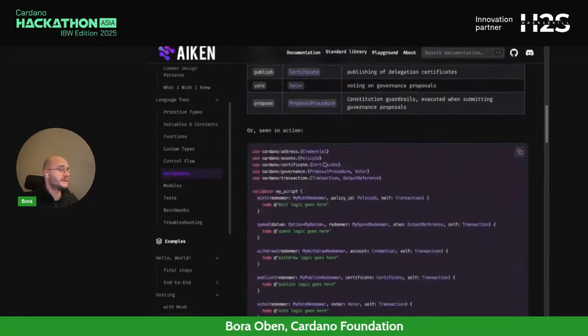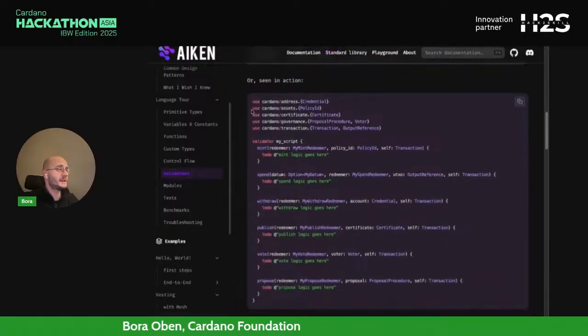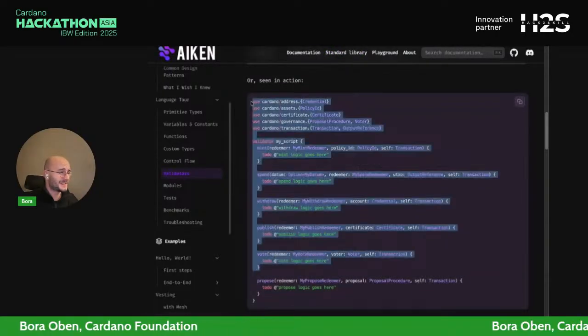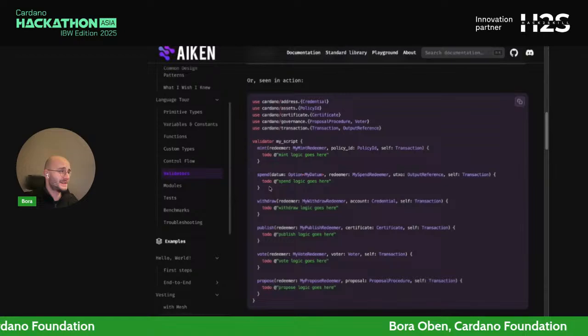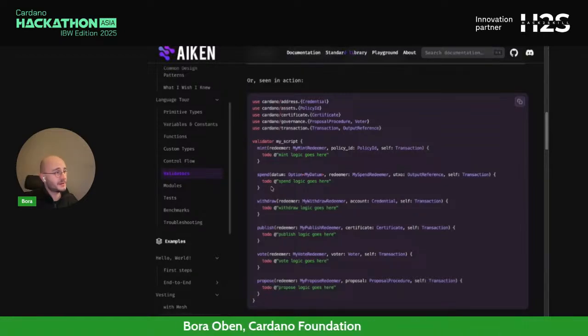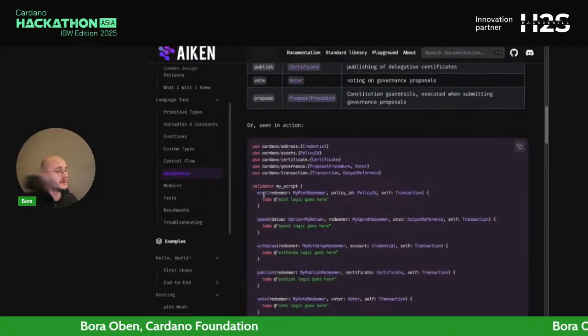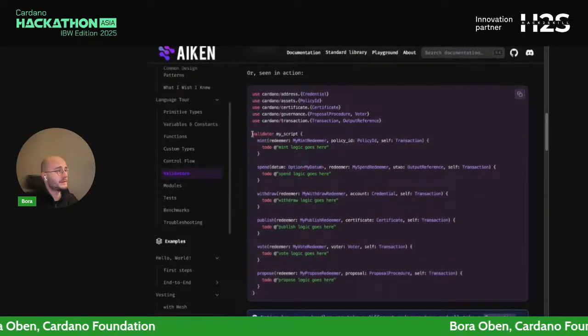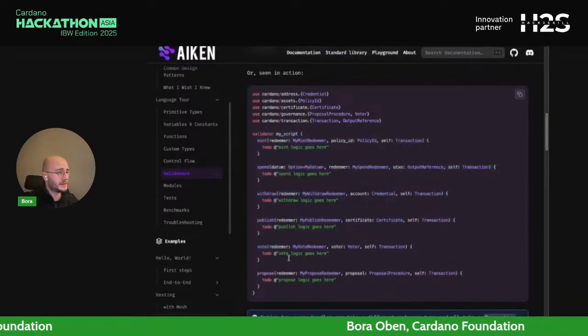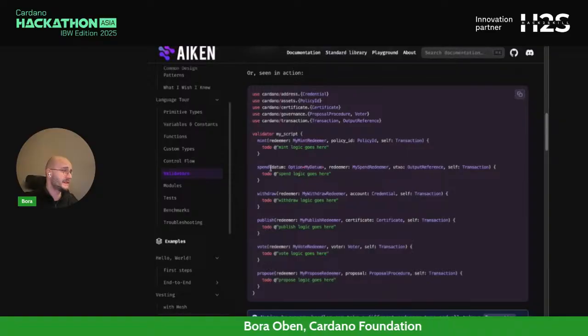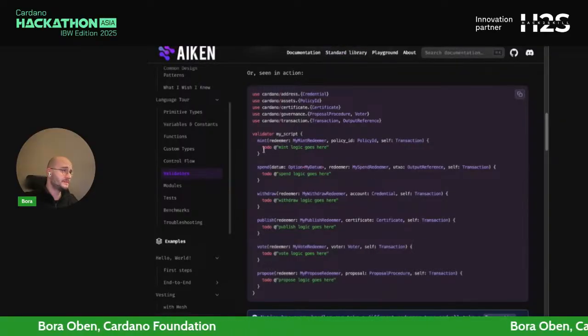So if we scroll down a bit more, you can see that now there is a lot more text suddenly in your face, but these are all different script purposes, as we call them. So at this high level overview, you get to see how the syntax would look like, what type of parameters these script purposes specifically would need for you to input into them.